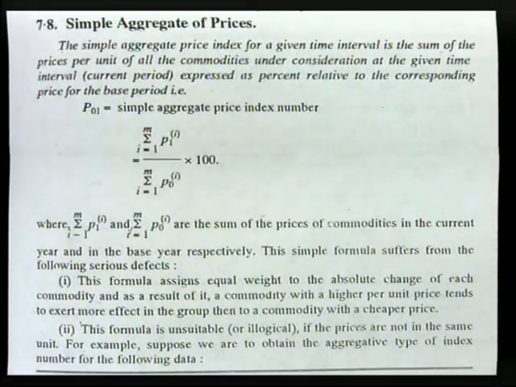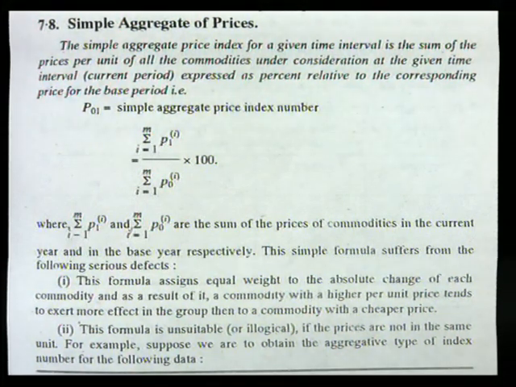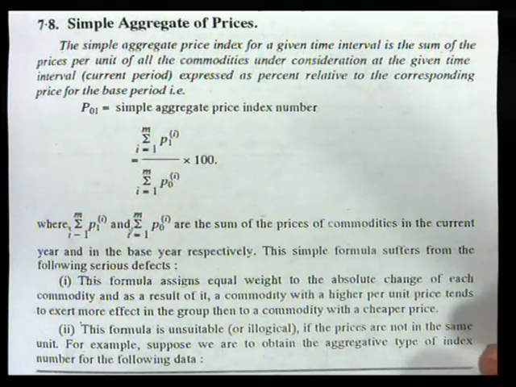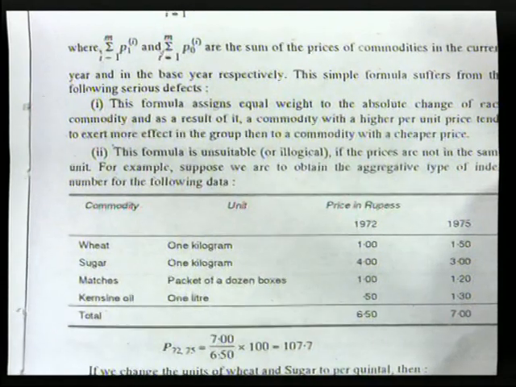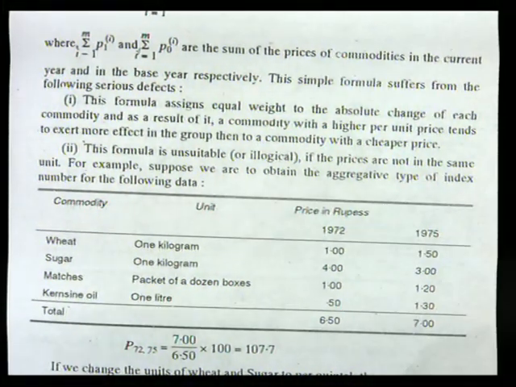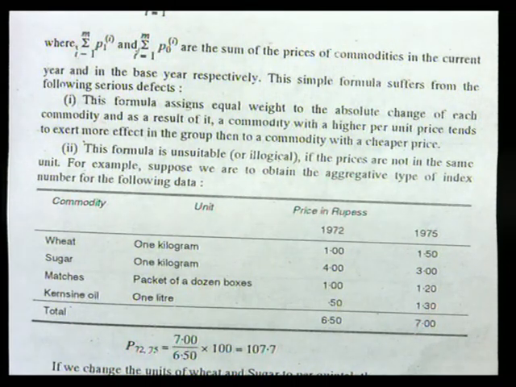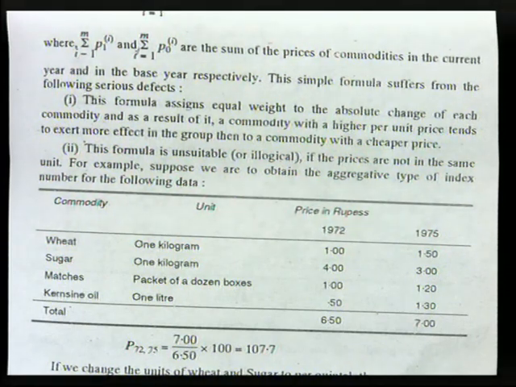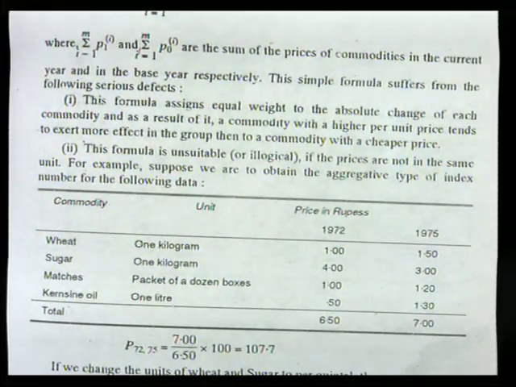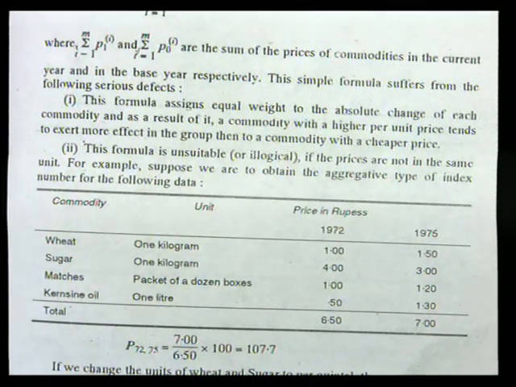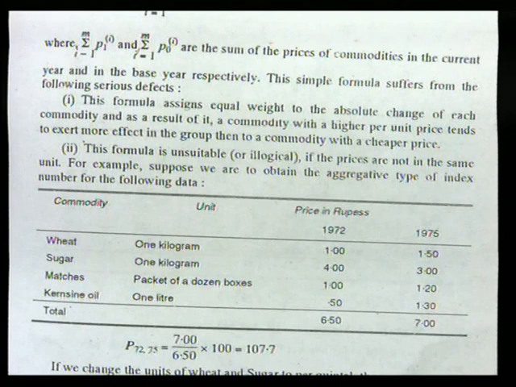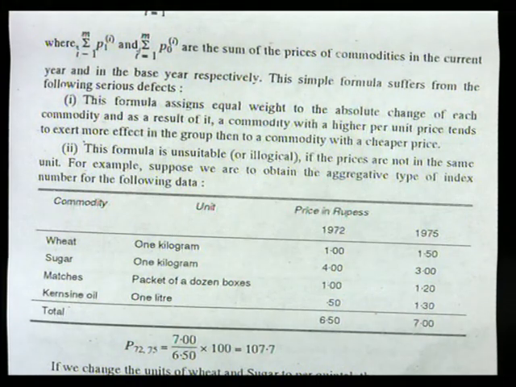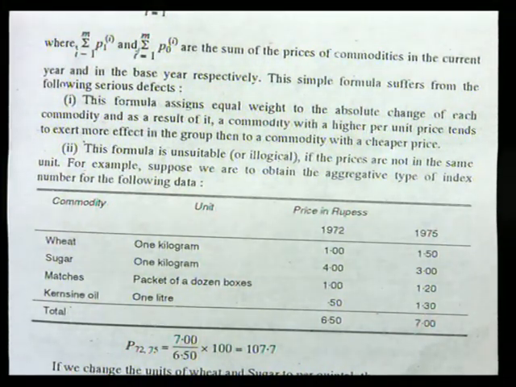For example, suppose we are to obtain the aggregative type of index number for the following data. The commodities given are wheat, sugar, matches and kerosene oil. The unit for wheat is 1 kilogram. In the same way, the unit for sugar is also 1 kilogram. But what about the unit of matchbox? It can't have a unit like kilogram. It can be measured in a packet of a dozen boxes, isn't it? Then kerosene oil, the unit of kerosene oil is